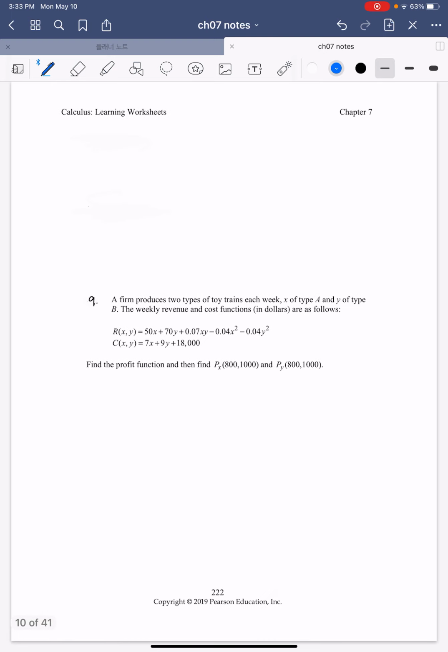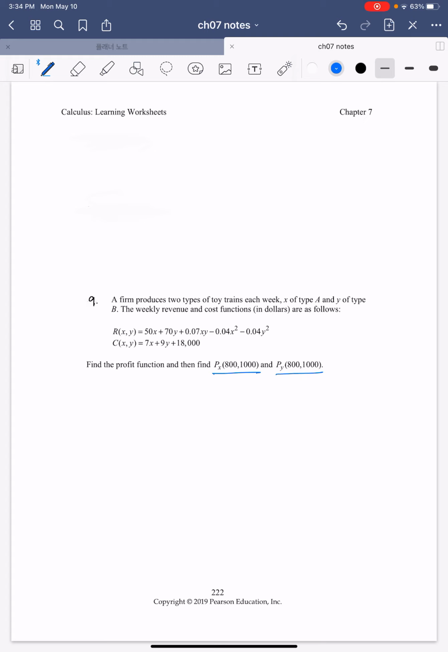All right. The last problem involves an application problem. So let's take a look at our last example. A firm produced 2 types of toy train each week, X of type A, Y of type B. So we have 2 different toy trains. And then they're given the weekly revenue and then cost function. So revenue, the R function, and then cost function. Find the profit function and then find P of X when we have 800, 1000 and then P of Y